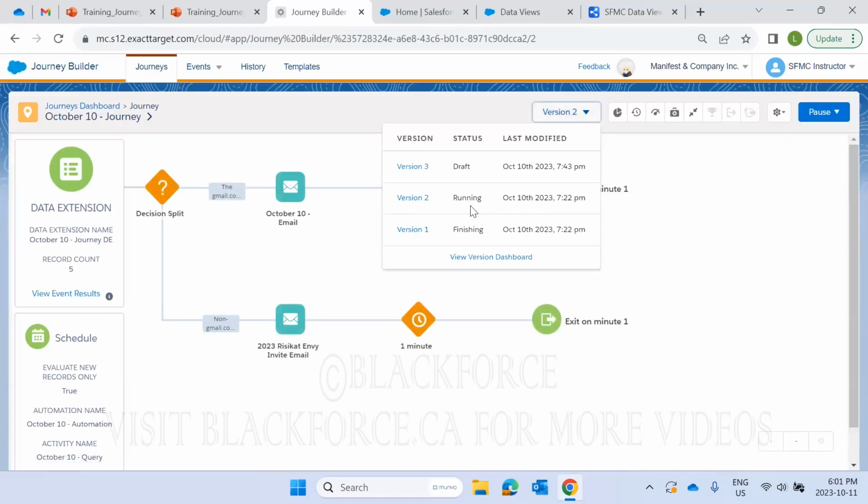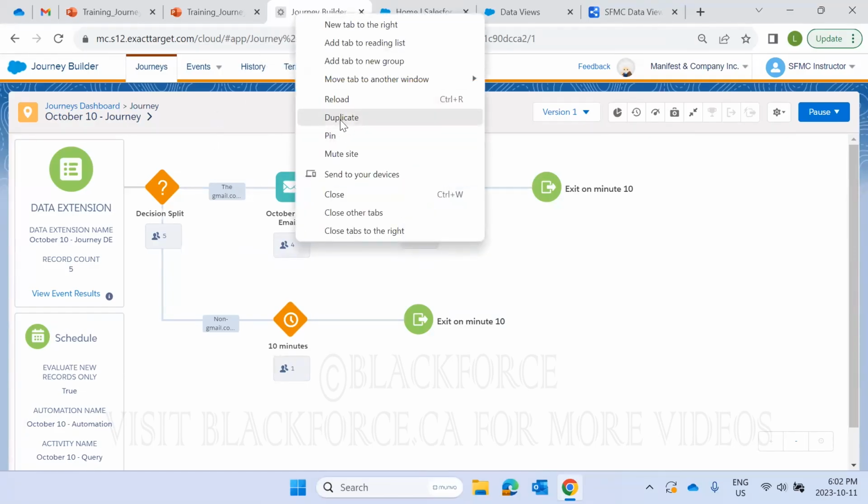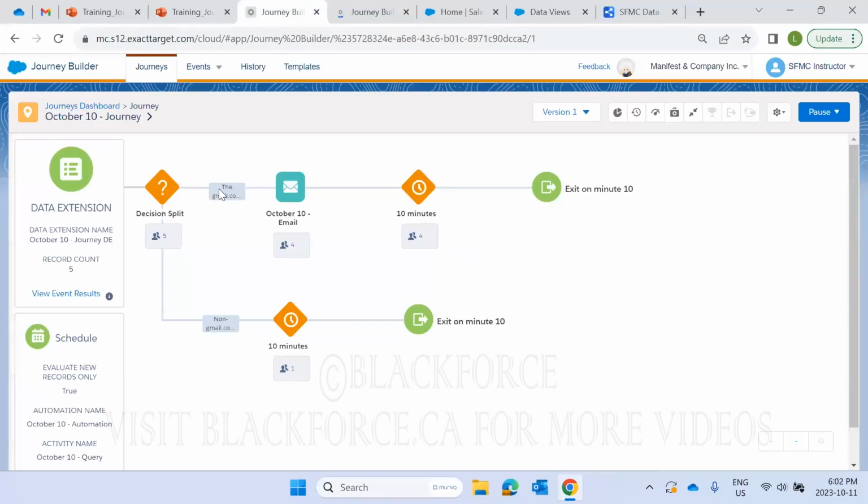And then we talked a bit about version control. What happens when you make a change from one version of a journey to another? What you need to do once you've made that change, and what to expect once that change is in place. So that was a use case of journeys and automations when your data is coming from a data source that's,